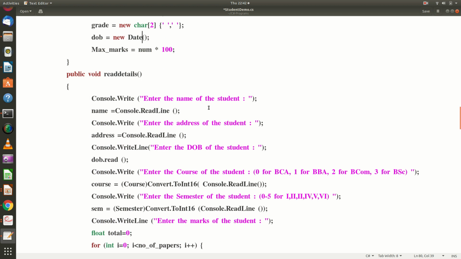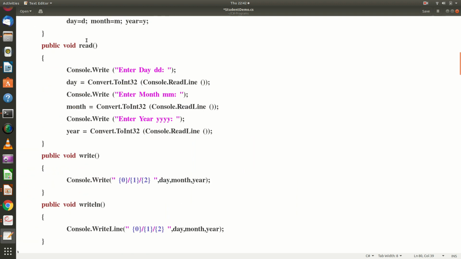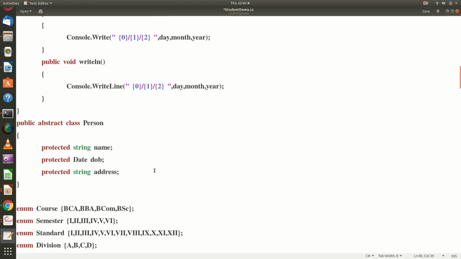Read details. So enter the name of the student, enter the address, enter the date of birth, enter the course, and then if you observe here, when I enter the date of birth of the student, I am using the date object dot read method. So it will be invoking the read method of the date object.